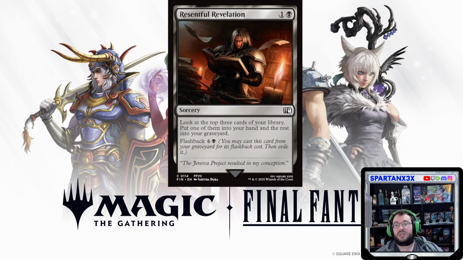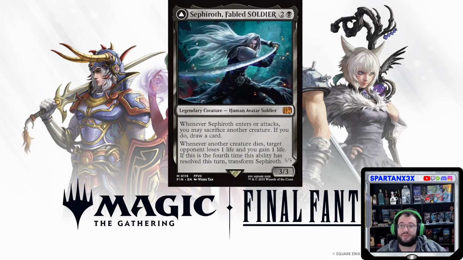Resentful Revelation. 2 mana, look at the top 3 cards of your library, put one of them into your hand and the rest into your graveyard. Sure, I guess. It's technically gets you a card. I don't know. I never really care for cards like this. It does have flashback, so sure, but